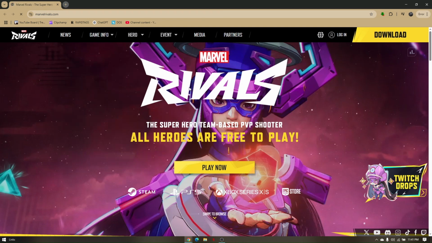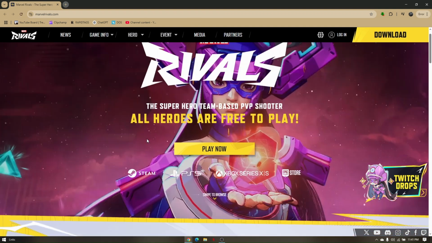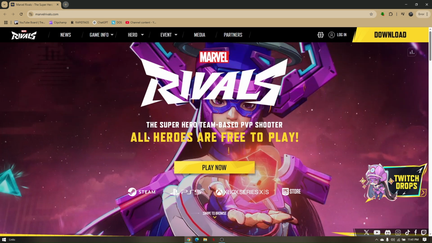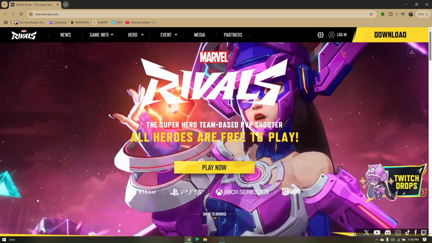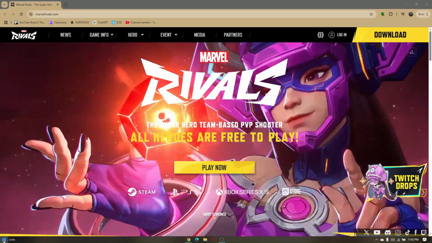How to fix Marvel Rivals not supported on your system from the DirectX 12. Now, this problem usually occurs. It just needs a little bit of updating from your Windows or from your operating system on your current drivers. So to do so, all you have to do first is go directly to your Windows icon and then